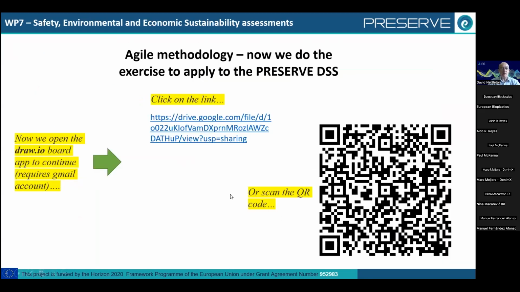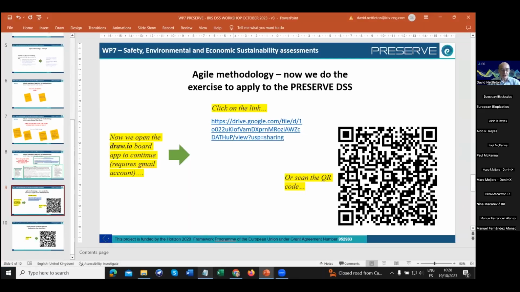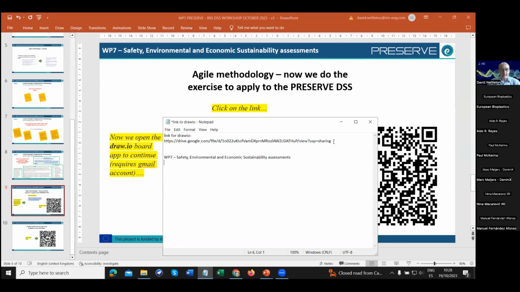Okay, so now we're going to begin the exercise. And so here there are 2 ways to do this. We're going to open a Draw.io board, which is a Google app, which is freeware, which is available directly online. And so you can scan the QR code or click on this link. And so, a moment, whoops. I'll just put the link in the